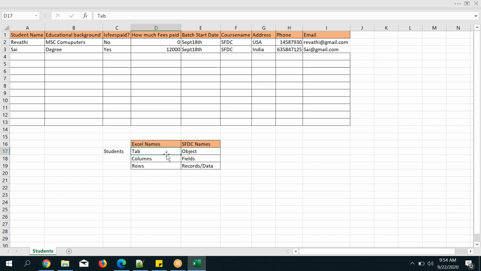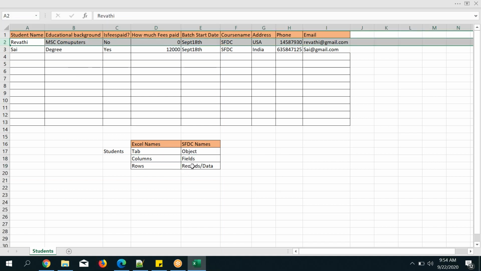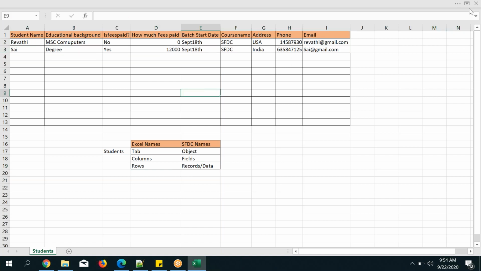With respect to the Excel sheet, we can call the tab an object. With respect to columns in Salesforce, we call them fields. With respect to rows in Salesforce, we call them records. Everyone clear? Remember the names. What are those three? Object, fields, records or data. Exactly. Got it? Nice. Next.